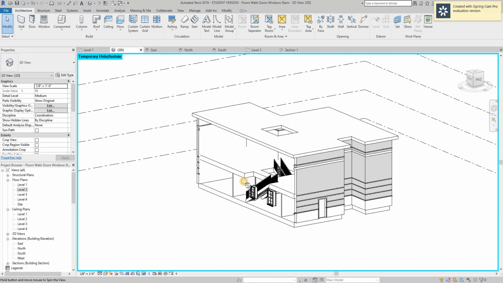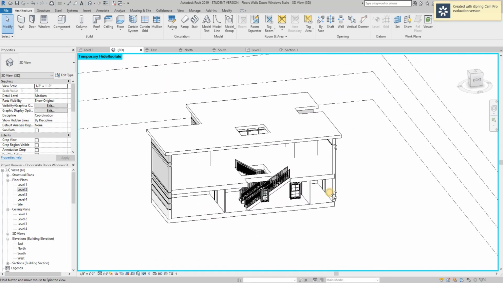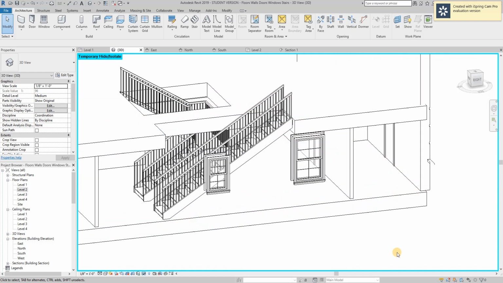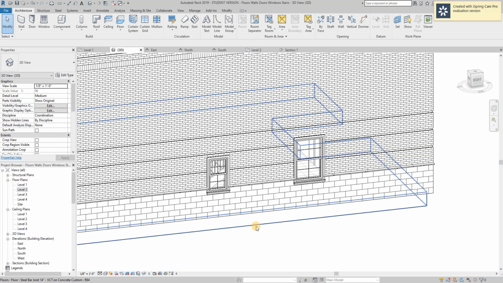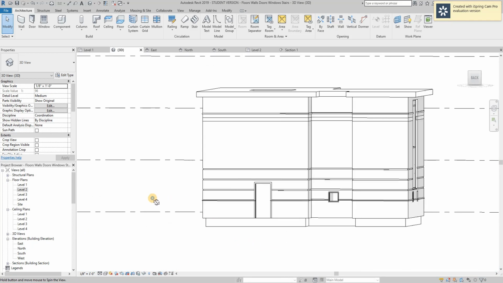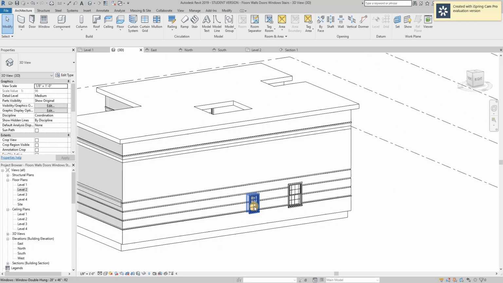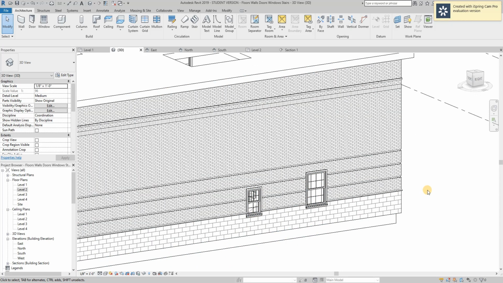So these should be all of the skills you need to get started, just understanding how to go in and edit types and families. If you want, we can go ahead and reset that temporary hide so then you can see what we have, just understanding how to select everything. So